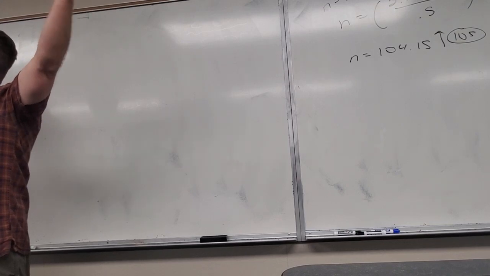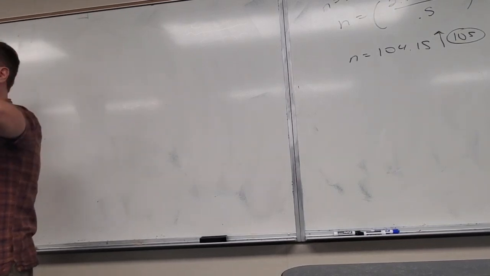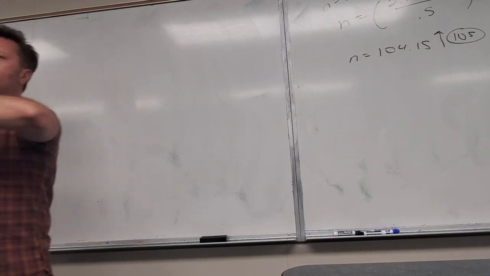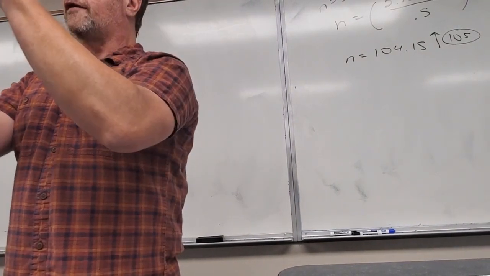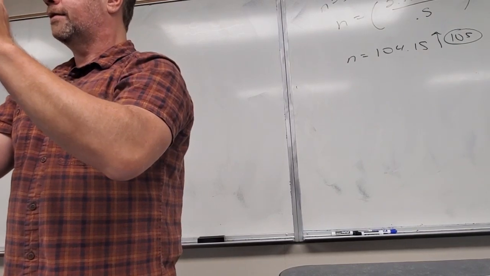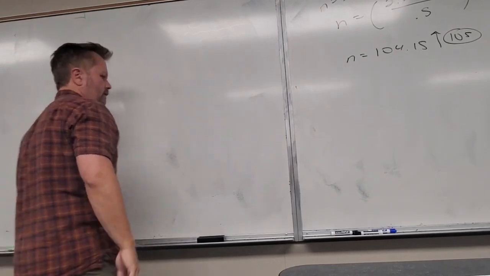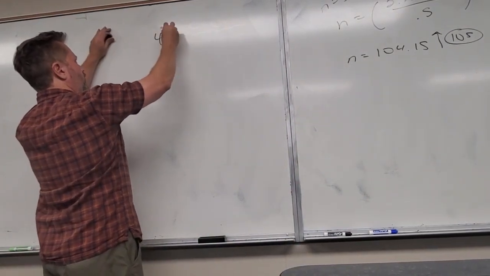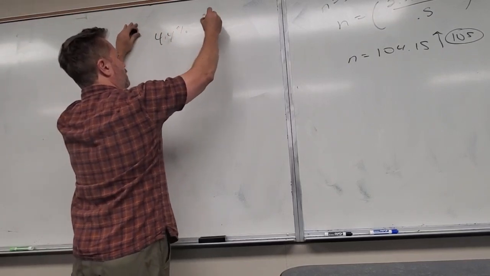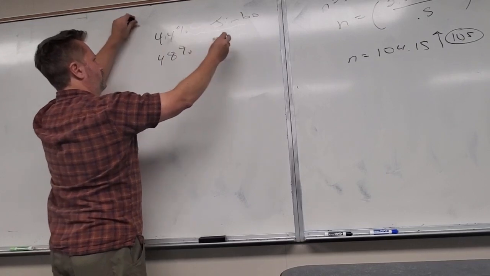At the bottom of the screen, or at the bottom of an article in a newspaper, they will often say plus or minus 4% or something like that. So you could see an interval. For example, they could say 44% are going to vote for Jimbo, and 48% are going to vote for